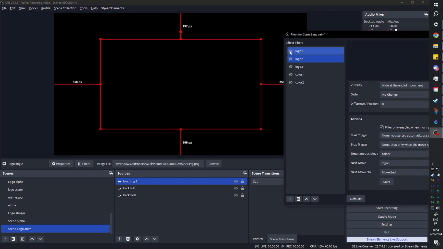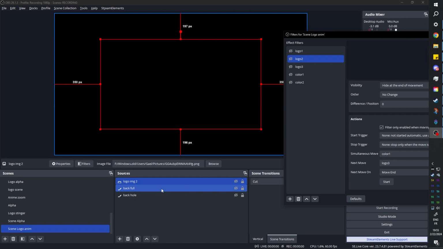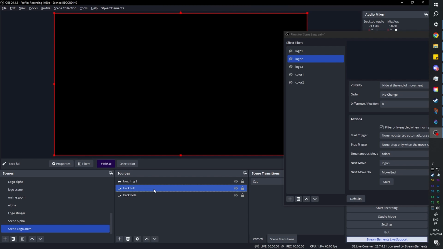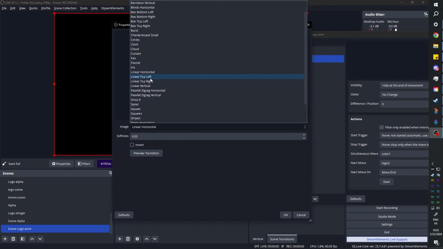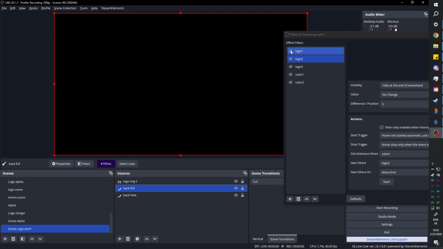We are getting there. So we can see that the hole basically appears a little too abruptly. That's because the back hole doesn't have a hide animation. So let's right click, hide. And as you can see, it has none. Set up the milliseconds right now. I'm gonna make it kind of slow, 1500 milliseconds. We're gonna go Luma wipe. We're gonna keep it simple with sinus 9. Now if I click,